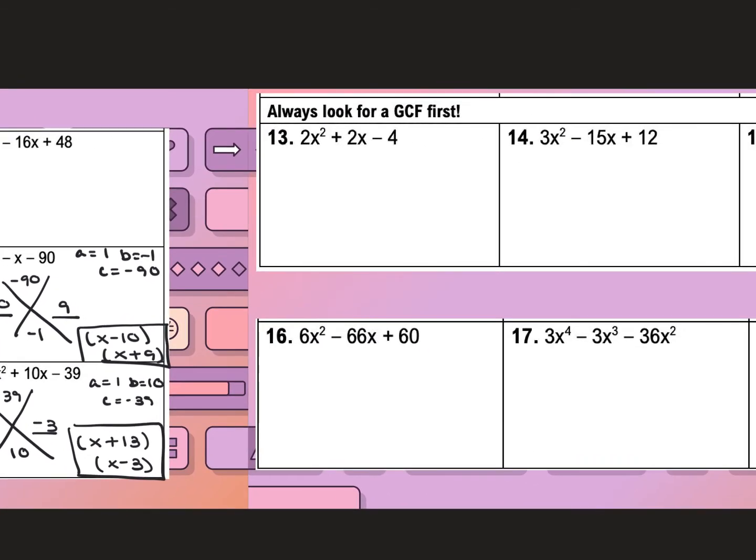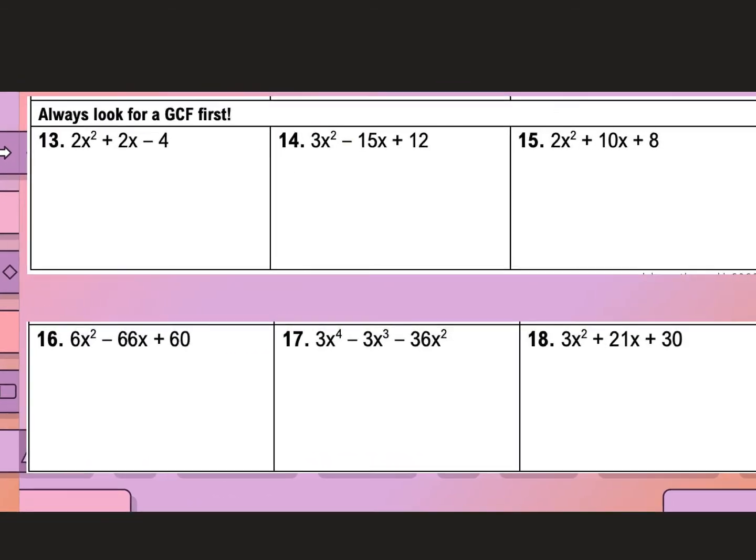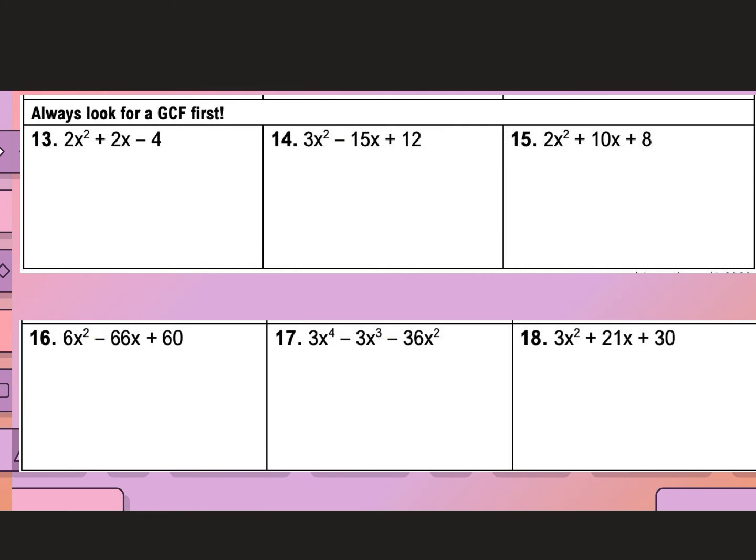So just like with difference of squares, once we understood how to factor using the difference of squares method, that's when we threw in the GCF. So the same thing applies with trinomials. As we get further into factoring, we're always going to have to look for a GCF first. So looking here at number 13,